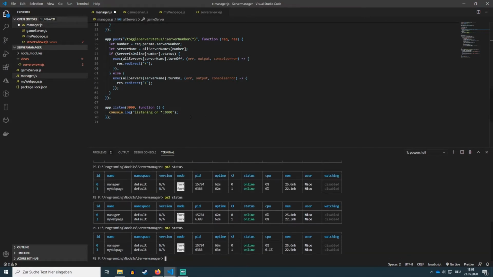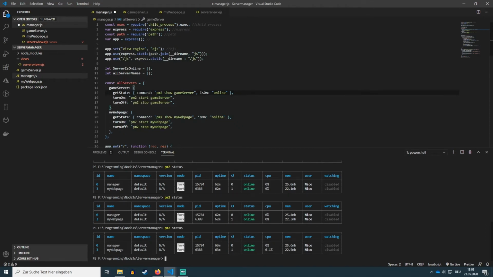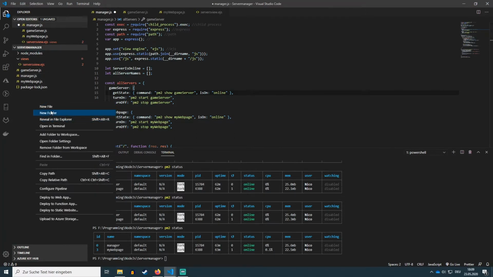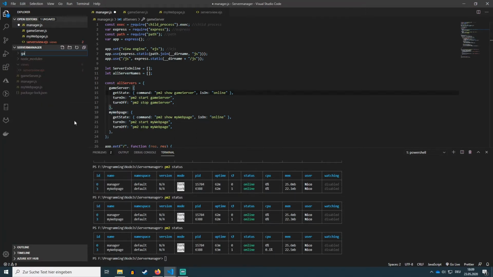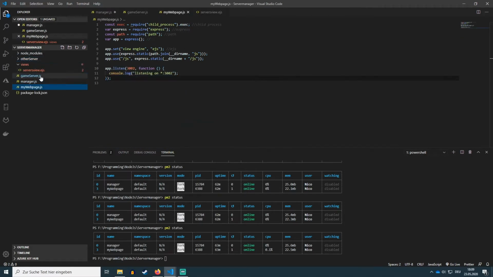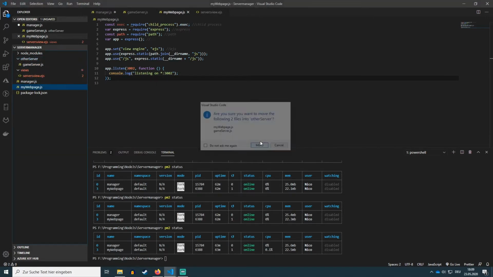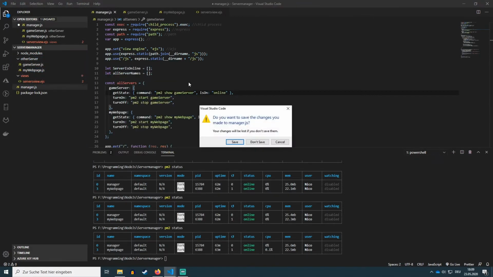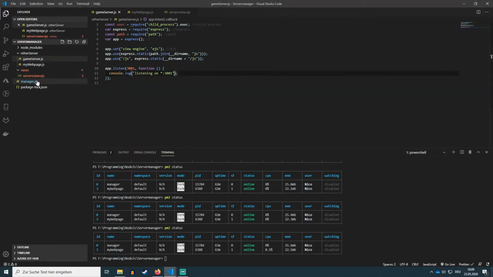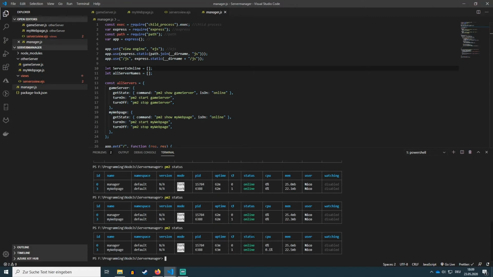That's PM2. So another thing that I have forgotten is the problem if your servers are not in the same directory as the server that is running PM2. That means, for example, if I make a subdirectory, for example, other server, and put these 2 servers inside this, and then I try to